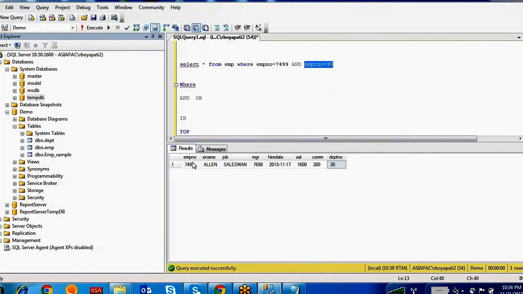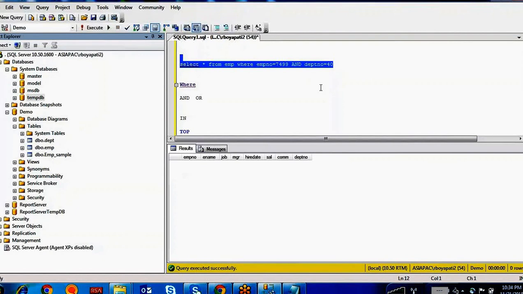A person has employee number 7499, but that person's department number is not 30, then it is not showing this row. For example, if you are putting 40, what happened, there is no employee having employee number 7499 and department number 40. If you are making here or,